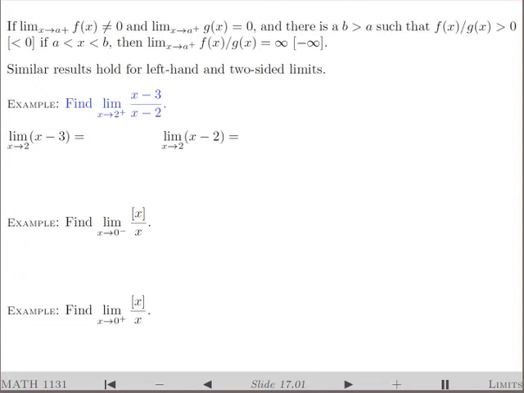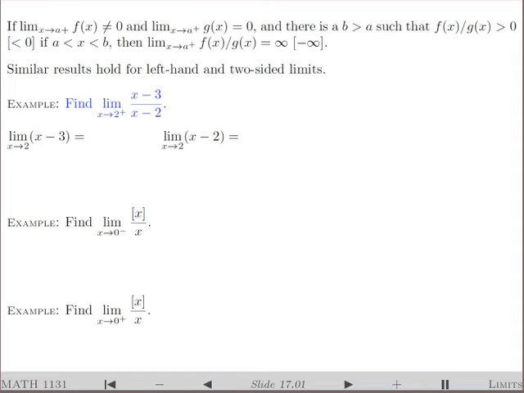Of course, you need to be able to recognize when a fraction is positive. In practice, that means you'll be doing it only for very simple fractions. So let's take one which is linear over linear. We'll talk about nonlinear inequalities near the end of this chapter, and you can combine it with this for more complicated functions. So we are finding the limit as x approaches 2 from the right of x minus 3 over